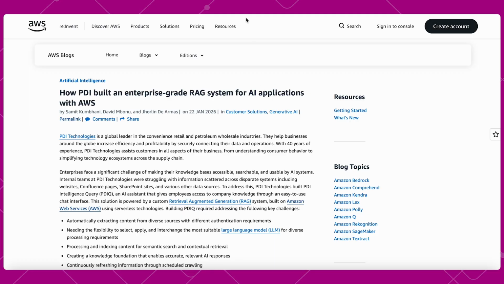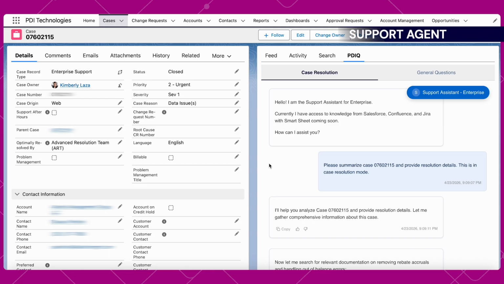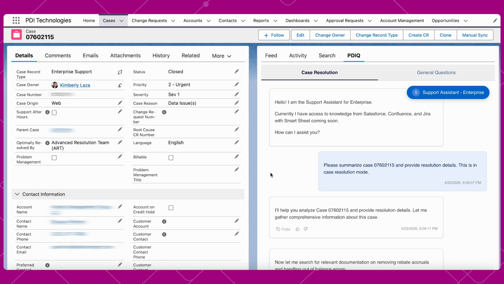I just want to show you the first deployment that we have. This is for our support agents, our people agents, and how they help resolve support tickets as they come in. This is the interface that our support agents use to manage and resolve issues. This is actually a ticket that is closed, and we give different resources for our agents to help close it. But the PDIQ is the new